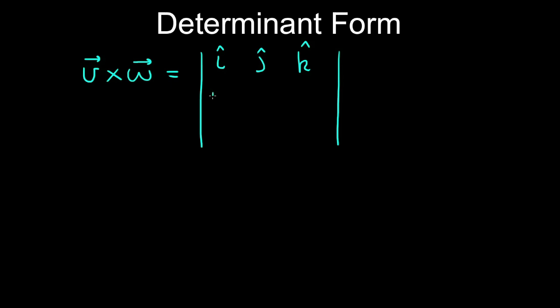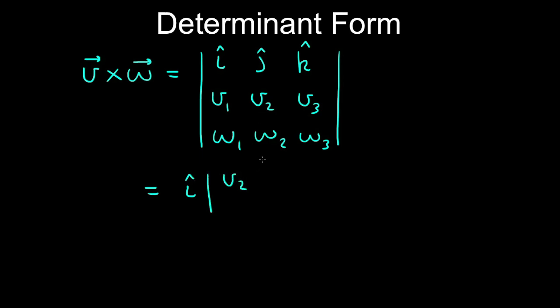We can evaluate the cross product between two vectors v and w in determinant form. So what we do is take the determinant with the unit vectors in the first row and the components of vector v in the second row and the components of vector w in the third row. So blocking out the first column, we effectively multiply i by the determinant of the minor matrix containing v2, v3